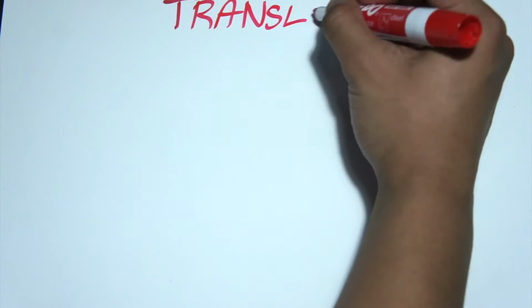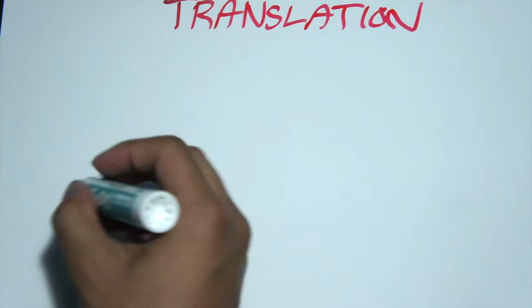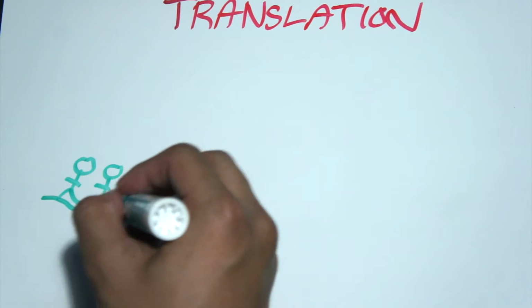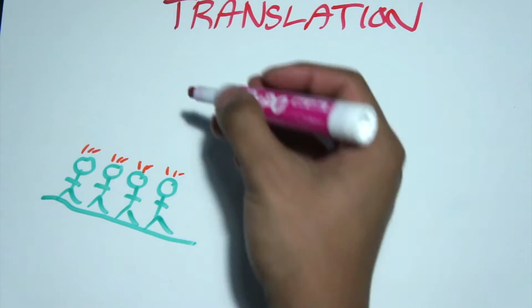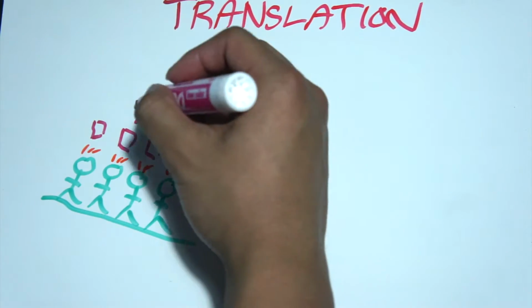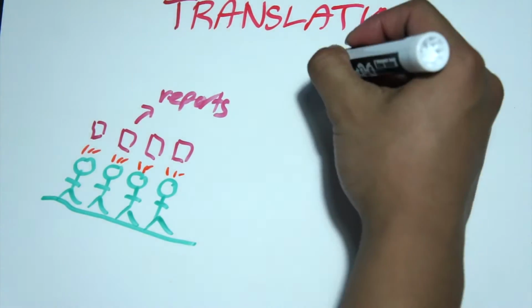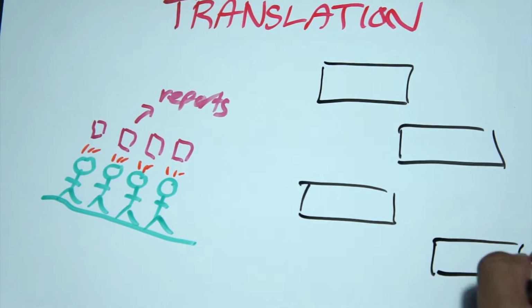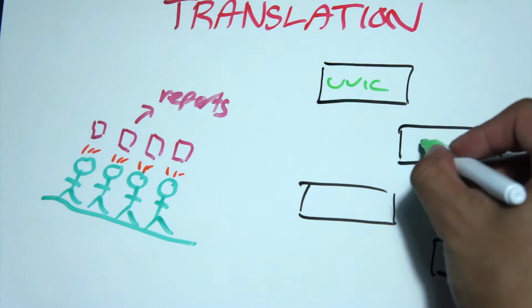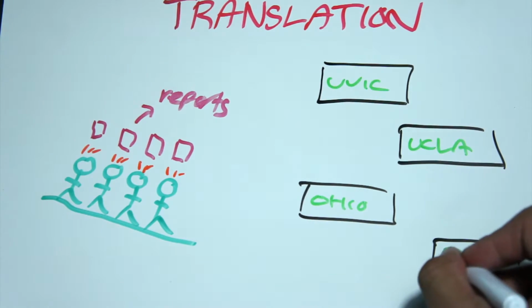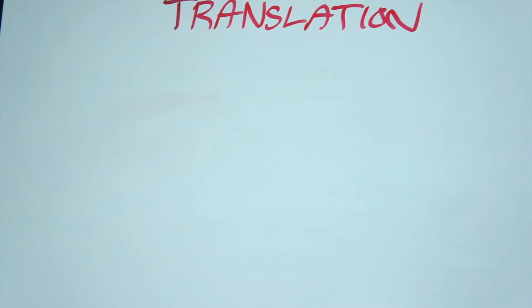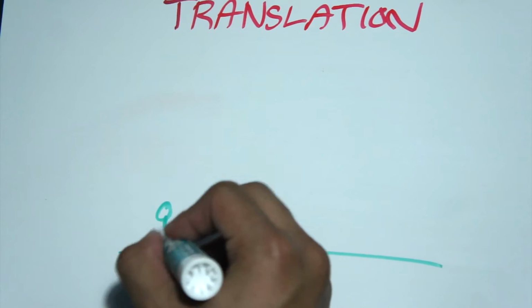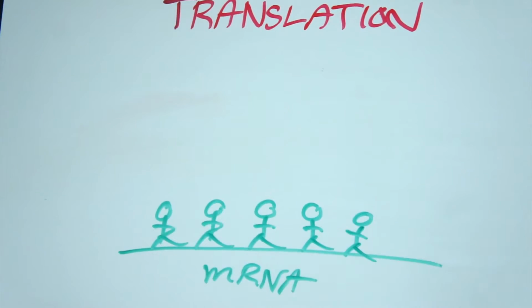So DNA translation. DNA translation is all these scouts with all these different ideas in their head about the team, all the information that the GM wants them to know, wants them to find about the team, all the reports. And they're going to be going out to the different colleges, UVic, UCLA, Ohio, Harvard, any kind of university colleges for future NBA players. So the mRNA are these scouts which have the information